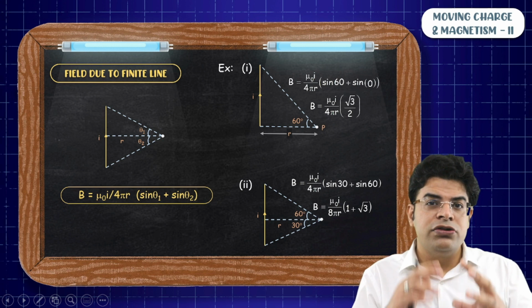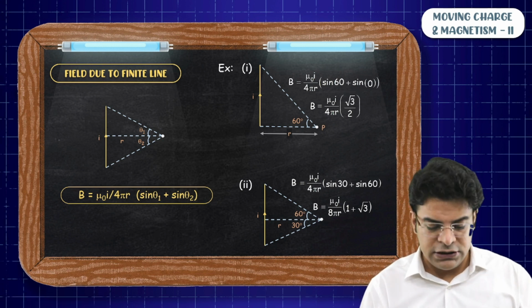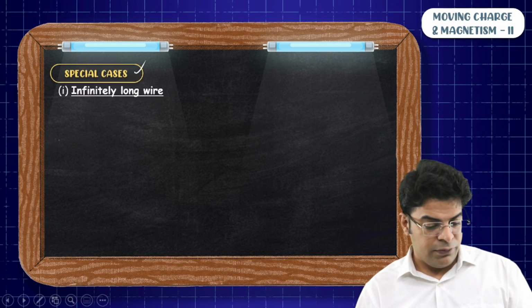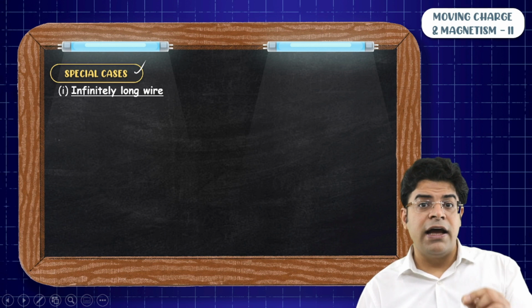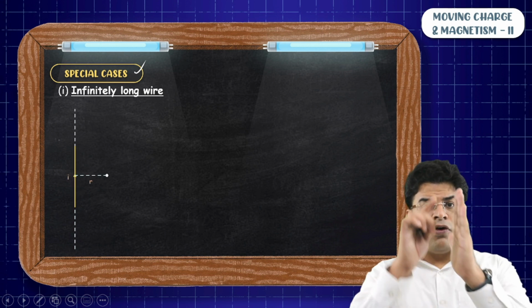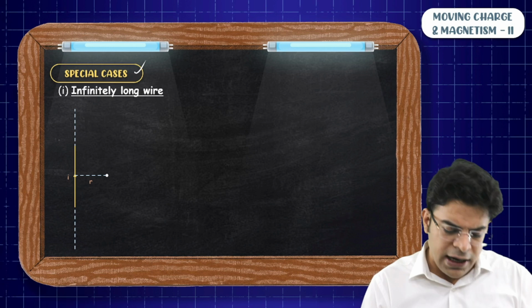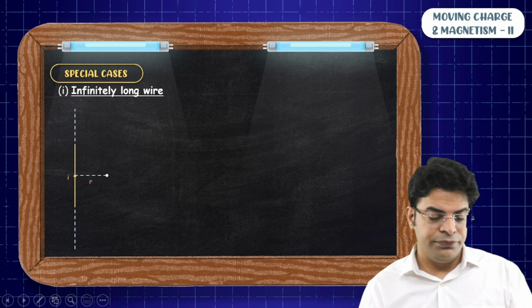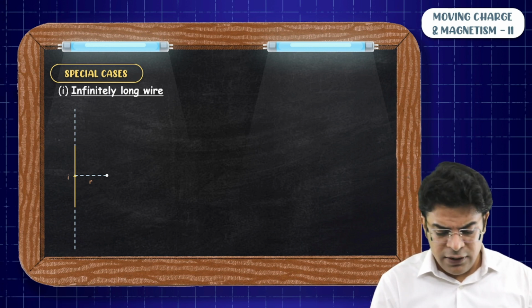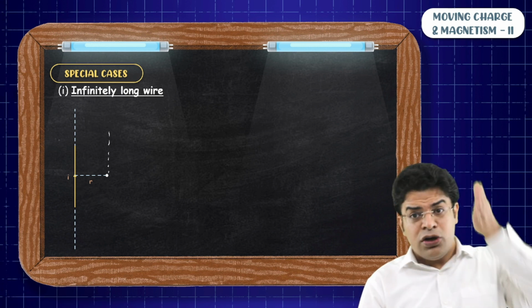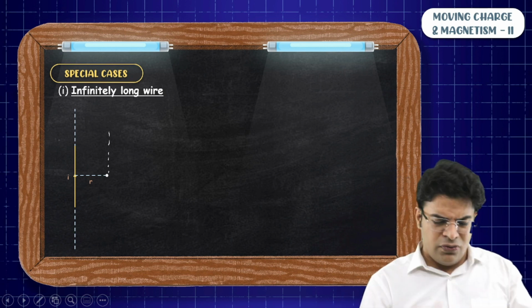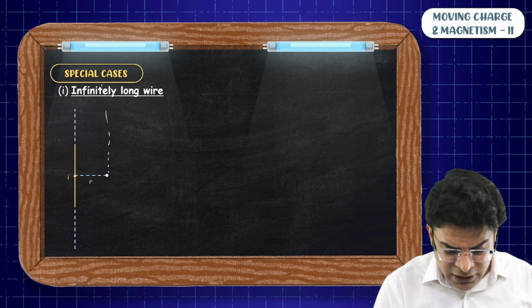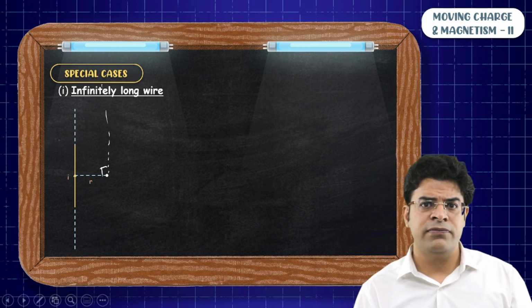Before we do some problems, let's talk about two special cases using this particular formula. So special cases, the first case. What if the current carrying wire is infinitely large? So if you have got an infinitely large current carrying wire and you wish to find the field strength because of it at some distance r. So you will say, sir, if we try to join the topmost point, it is infinitely long. You will have to go technically straight up to infinity, and these two lines will meet at infinity. So what will be the value of theta 1? Sir, theta 1 will be 90 degree.